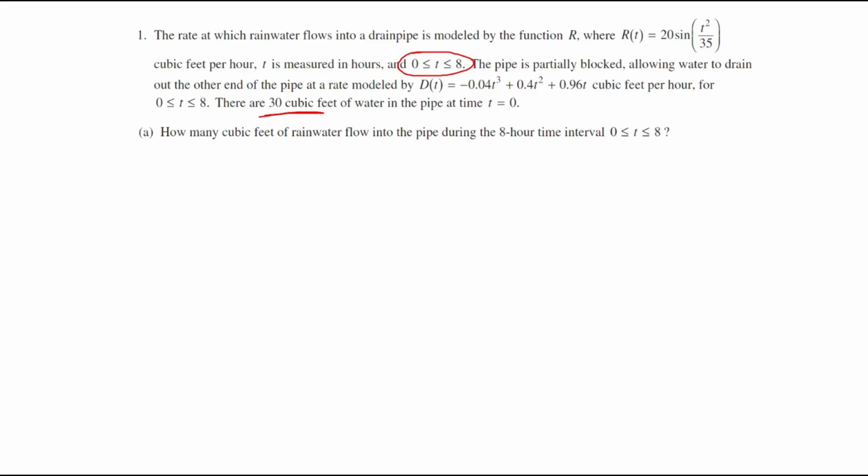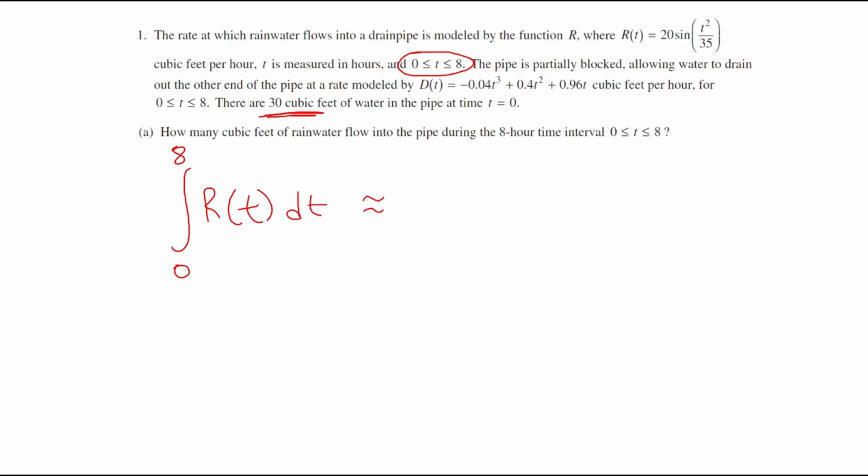We want to know how many cubic feet flow into the pipe during this 8-hour interval. We don't care about how much drains. We don't care about how much is in it, right? We don't have to include our initial condition. We just want to know how much flows into it during that time interval. So in order to figure out the amount that flows in, we just have to integrate the rate at which it flows in. So we're going to do an integral from 0 to 8 of capital R of t dt,